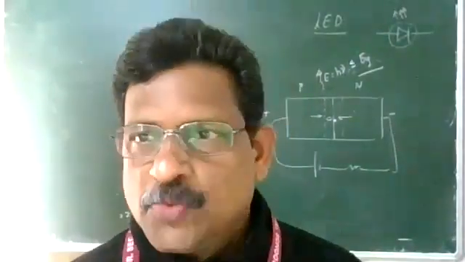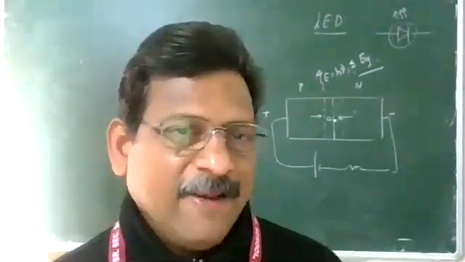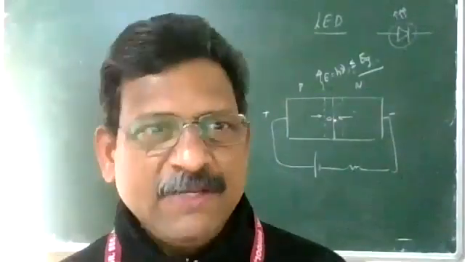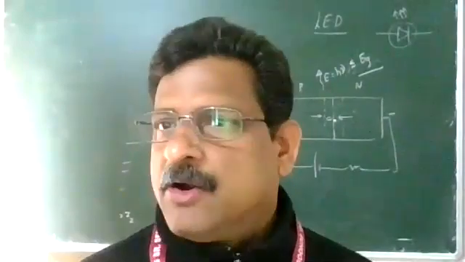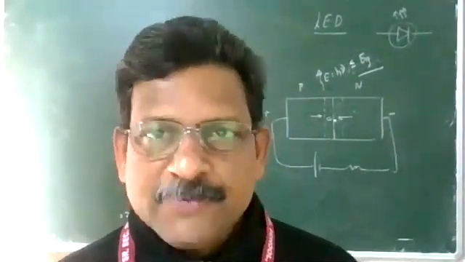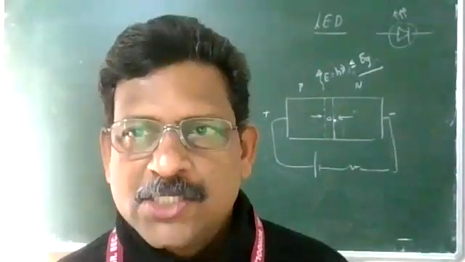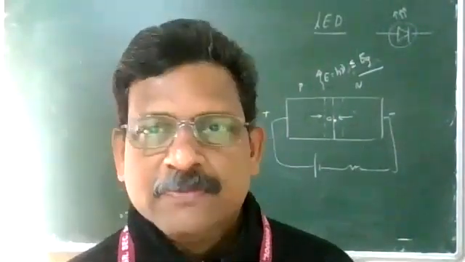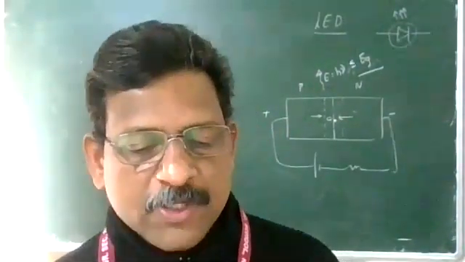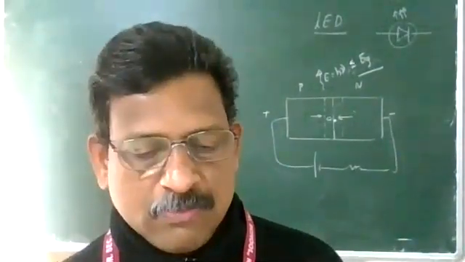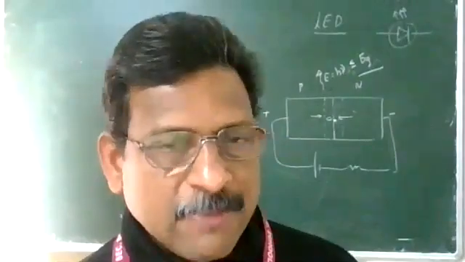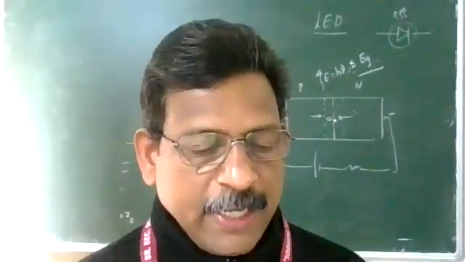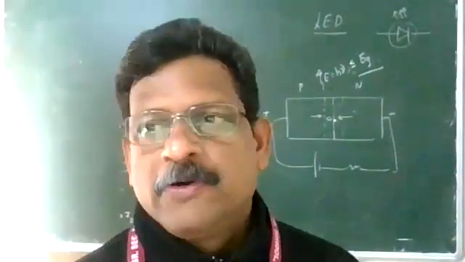The last one is the solar cell. It is a photodiode itself, but it is made to work without biasing, so we get the current. So we have to design accordingly. A solar cell is basically a PN junction which generates EMF when solar radiation falls on the junction. It works on the same principle as the photodiode, except that no external bias is applied and the junction area is kept much larger for solar radiation to be incident, because we want to get more power.